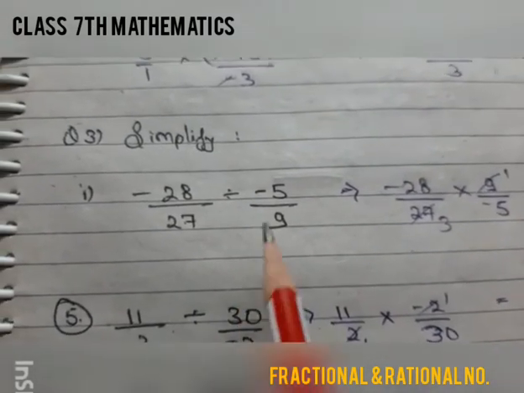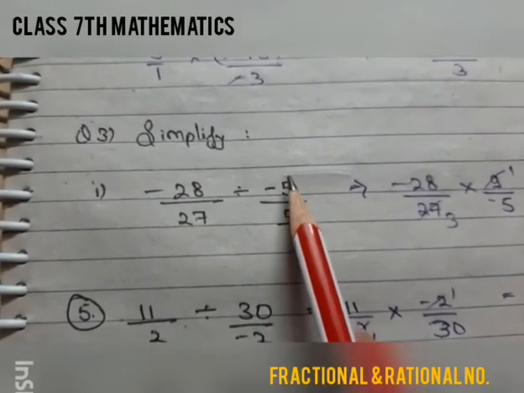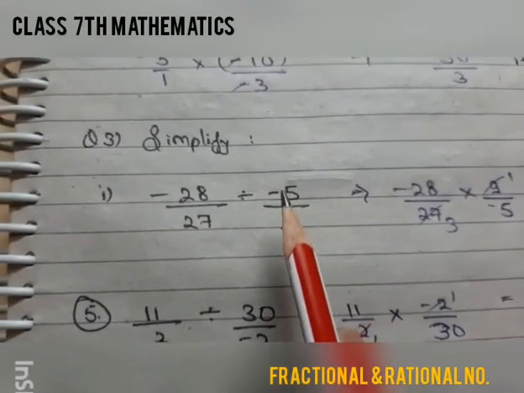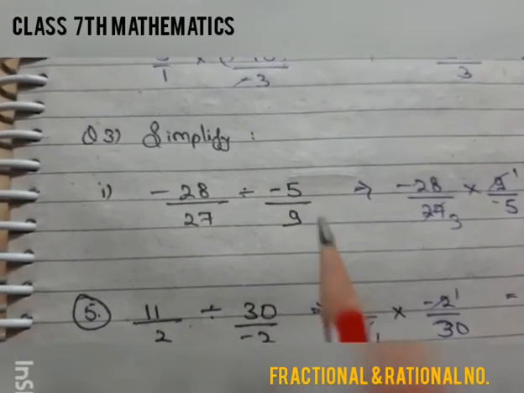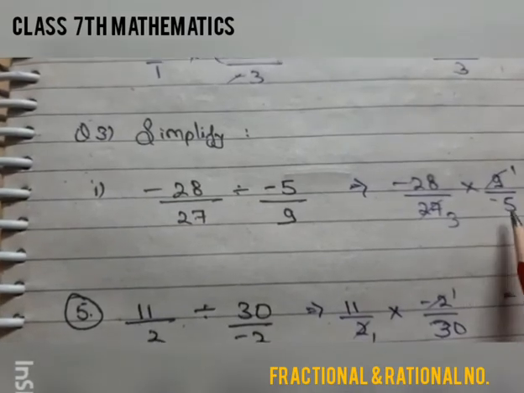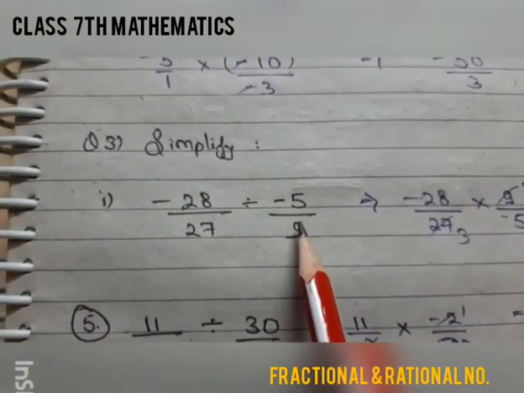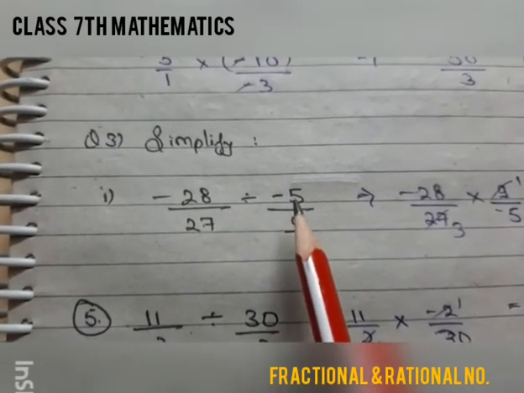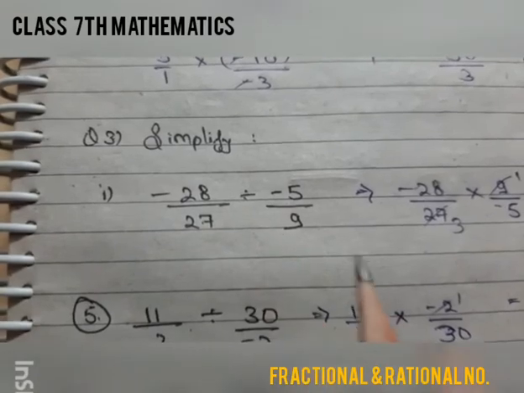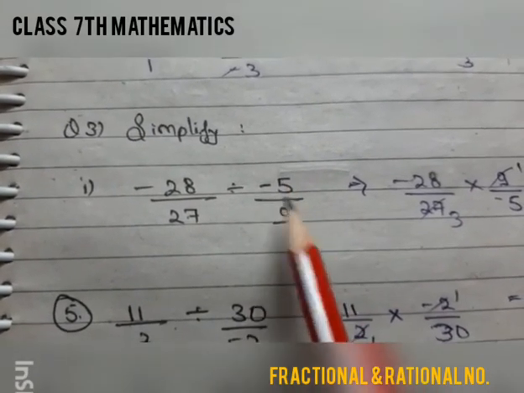Class, remember one thing. When you are doing the reciprocal, then the value which is negative, no matter if it is in the numerator, when it goes to the denominator, you need to write the negative value in the denominator. If it is written minus 5 upon 9, right now minus 5 is in the numerator, but when you do the reciprocal and minus 5 goes to the denominator, you need to write minus 5. Don't write 9 as minus 9 at that time.